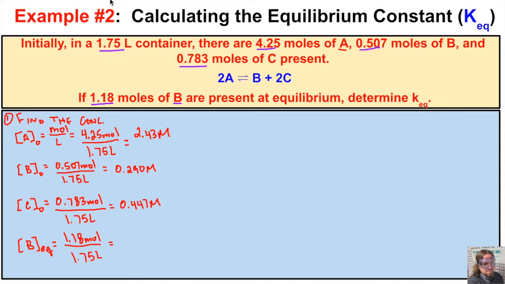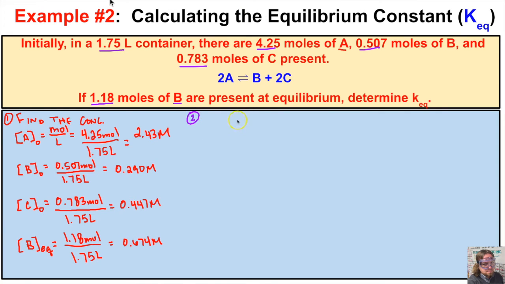And when we take 1.18 divided by 1.75, we're going to end up with 0.674 moles per liter. So now that we know these concentrations, what we can now do in step 2 is we